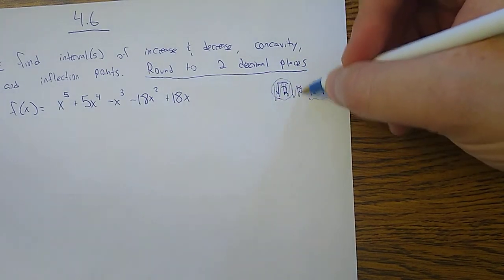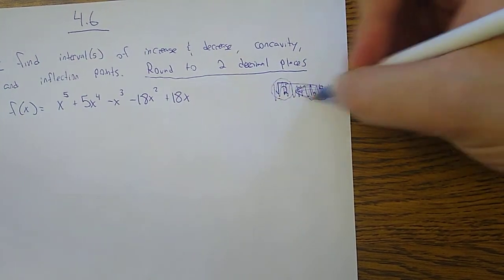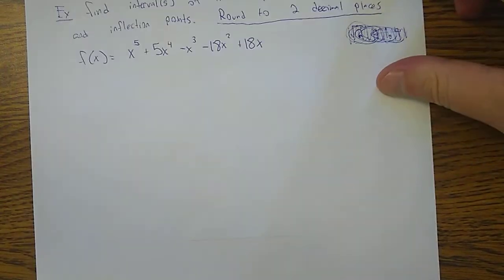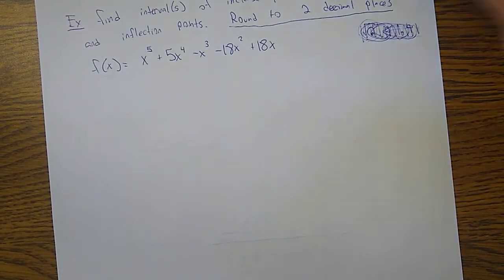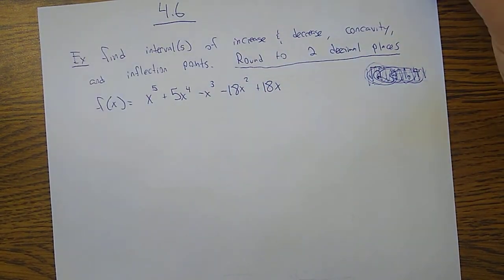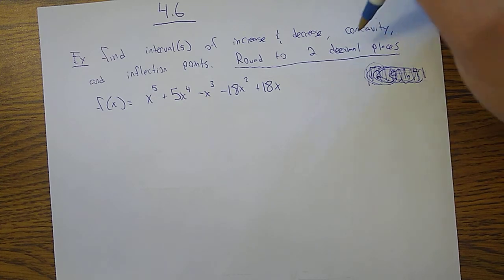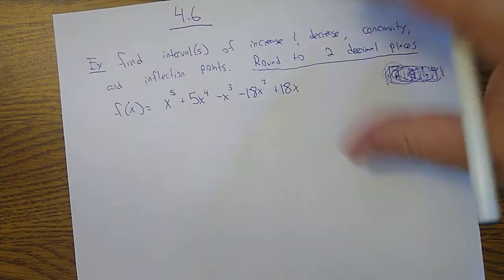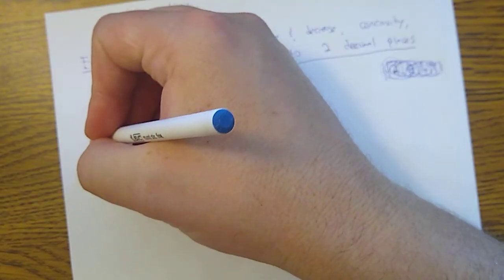Anyway, let me cross this off because this doesn't have anything to do with the problem, really. All of this is just questions about where the first derivative is positive and negative. That's how I tell increasing versus decreasing. And then where the second derivative is positive versus negative. That's how I tell the difference between concave up versus concave down. So first derivative stuff